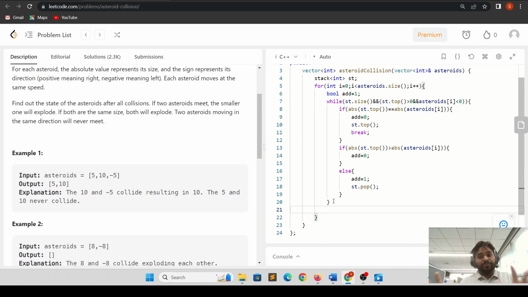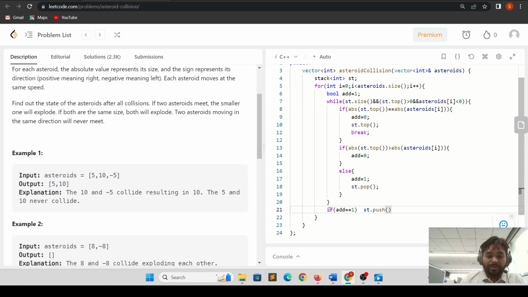If there is one asteroid approaching in a different direction, then it will collide, and we have to stop that approaching asteroid. So we will keep following this loop until we have one asteroid that will actually stop that. This is the actual logic, and when we are stopping it, we will check whether we have to add the approaching asteroid inside our stack or not. If we have to add, that is, if add is equal to 1, in that condition we'll say st.push